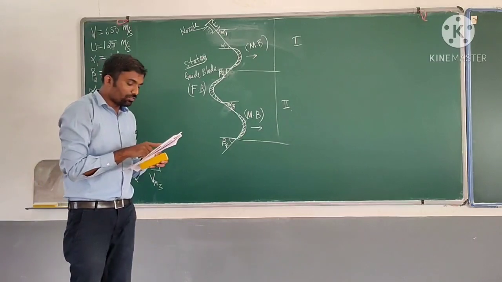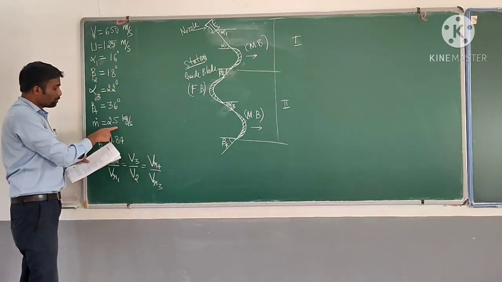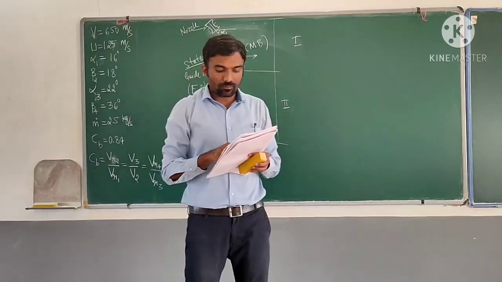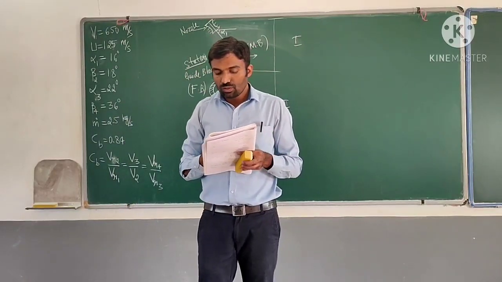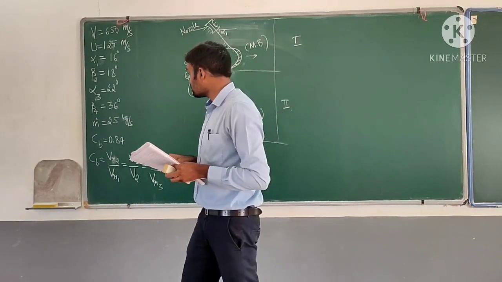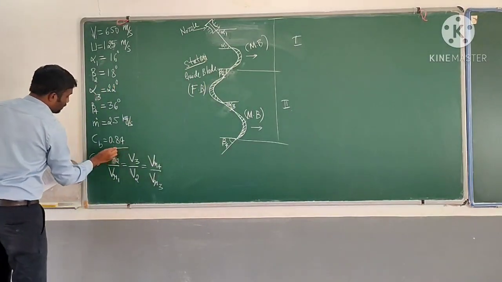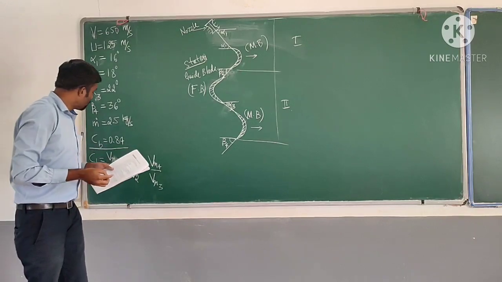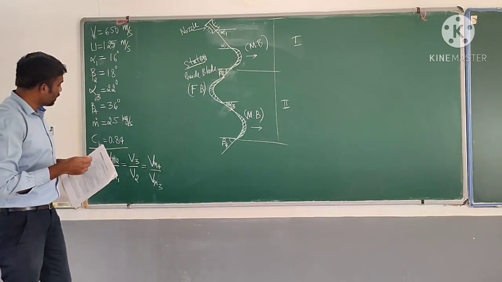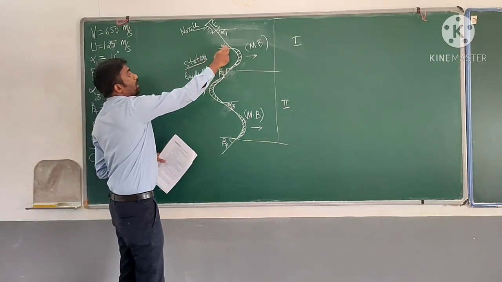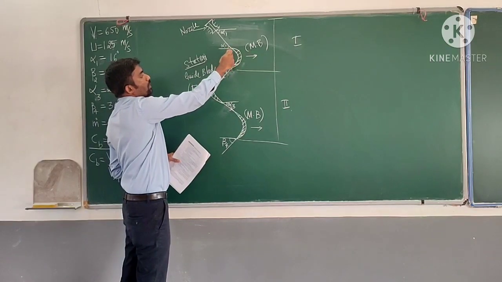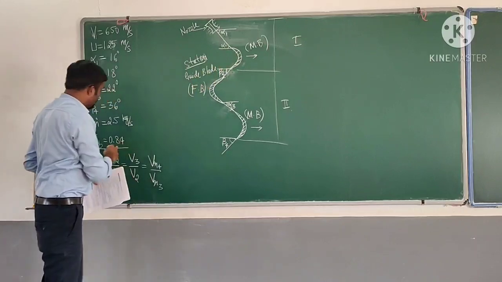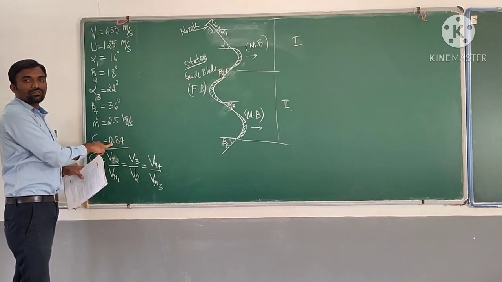Also given that the steam flow rate is 2.5 meter per second. Then the ratio of relative velocity at outlet to inlet is 0.84 for all the blades. So that is the coefficient, which is nothing but friction. Because of friction, when the steam is moving from inlet to outlet, there will be loss. So that loss is 84%, 0.84.